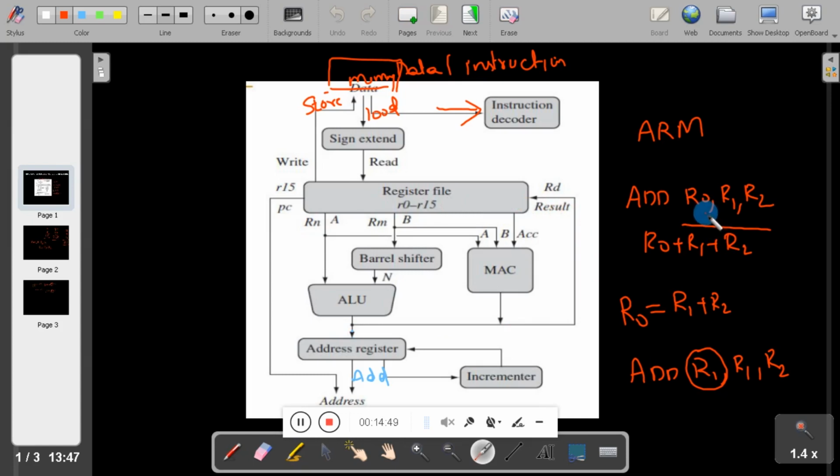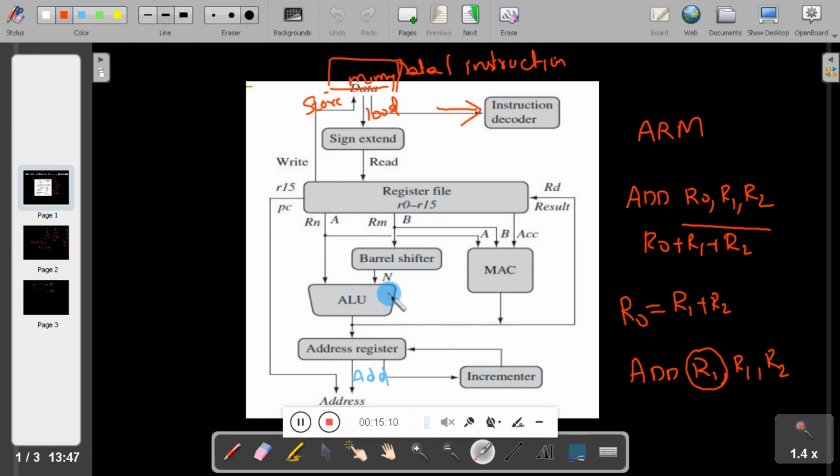In this case it is R0, depending on the instruction. The same will be followed for arithmetic operations and logic operations like AND, OR, whatever may be. So this is how it works.